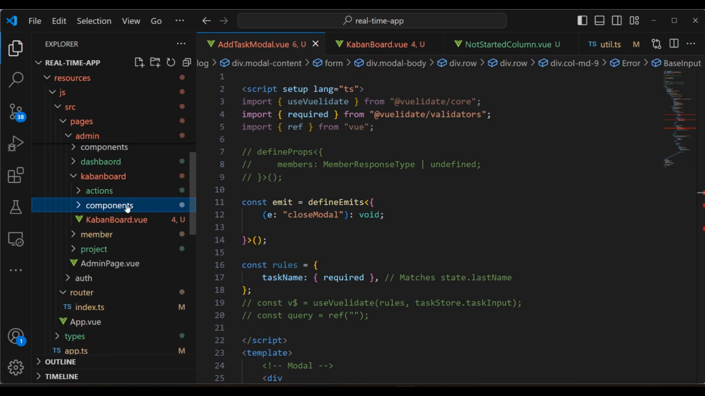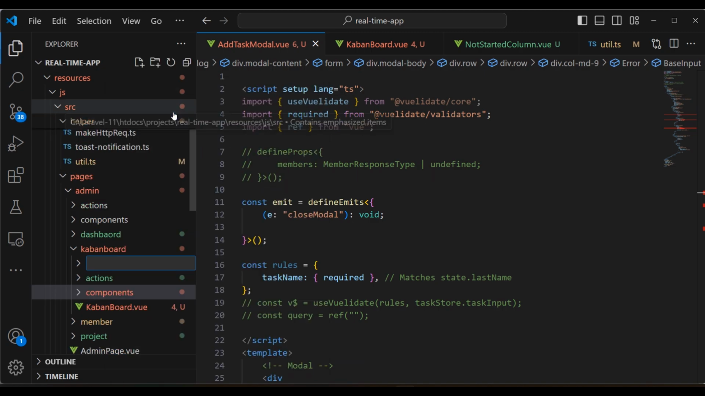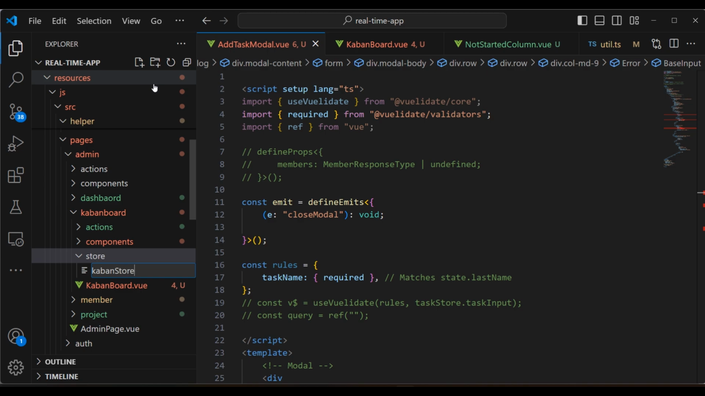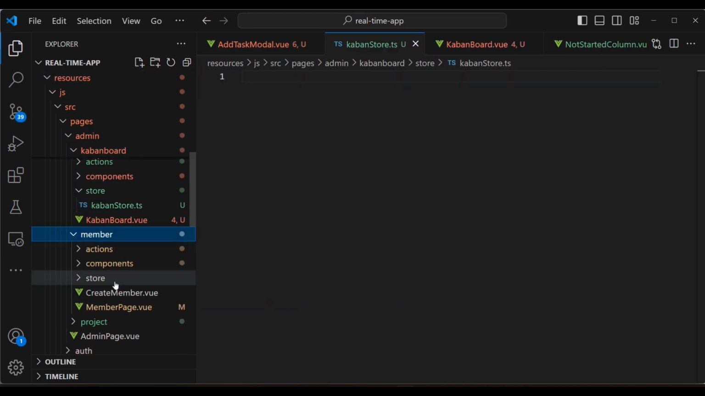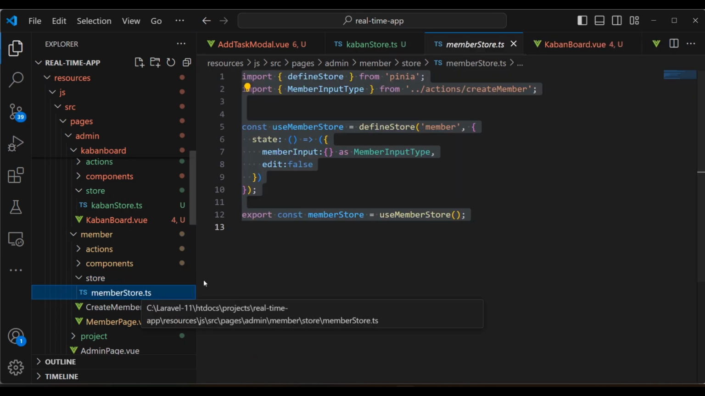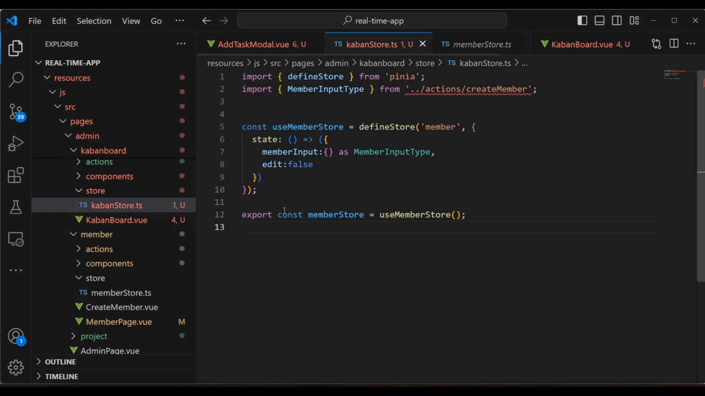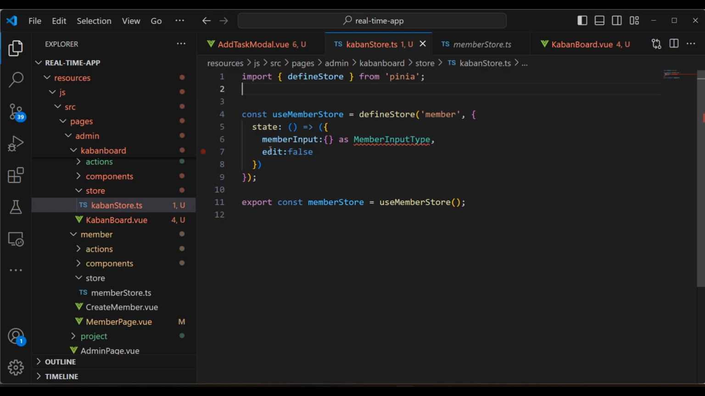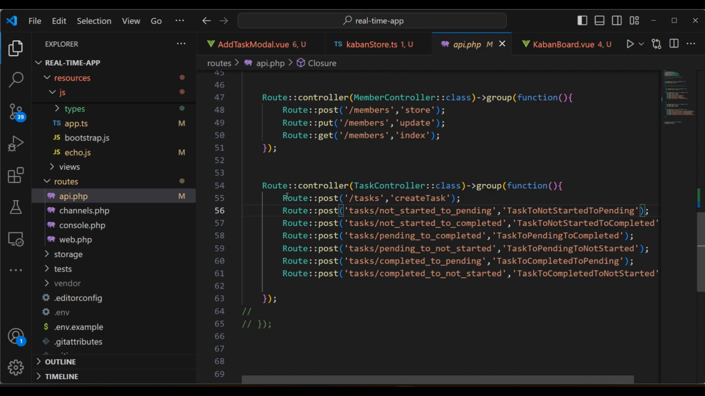Right now I'm going to create a store. Within the Kaban board, I'm going to create a store. I'm going to say Kaban store, and I'll pass here Kaban store.ts, and then I'm going to get into the member folder and copy the content within our member store.ts. I'm going to copy it, get into the Kaban board, the Kaban store.ts, and paste in the content and try to change things. Right here, if you take a look at our endpoints, let me get into the API.php first. We are going to hit this endpoint